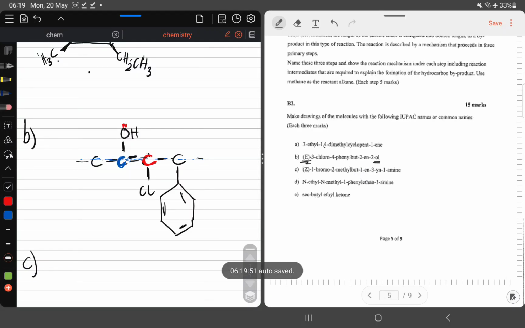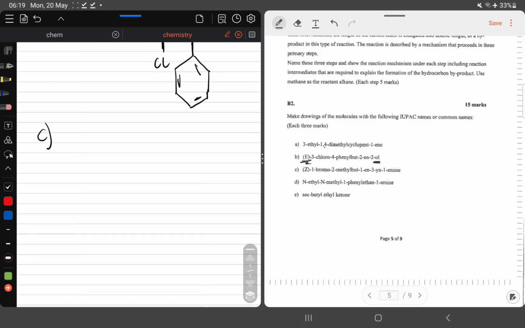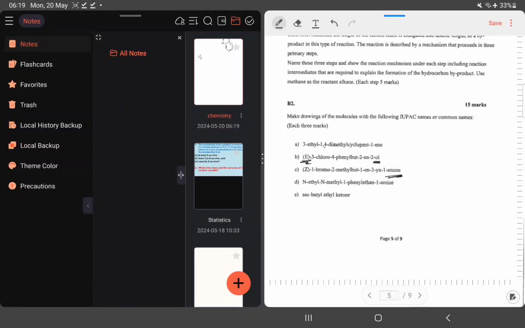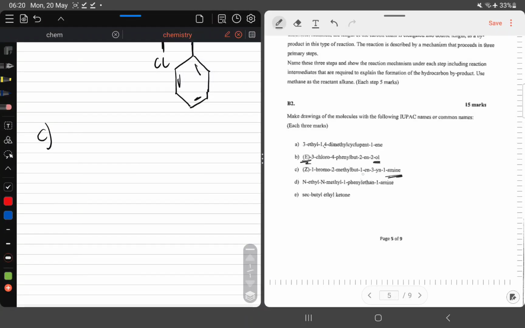Let's do numbers. Remember, Z means they're on the same side. So, okay, we start with this amine. What is it? They're saying but-1-en-3-yne. So when you see something ending with yne, that's an alkyne. So here it's but, so it's going to be